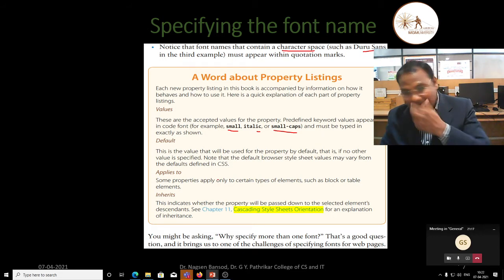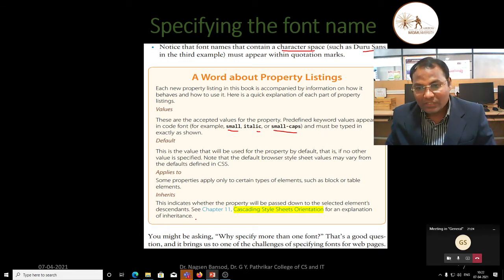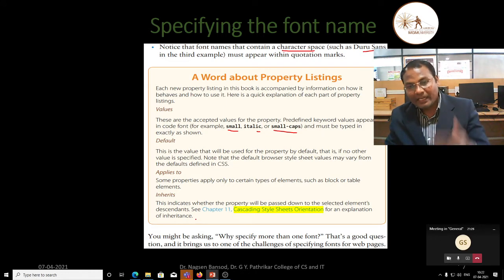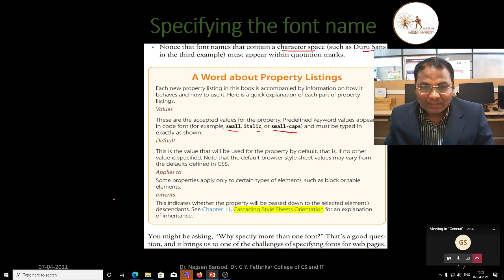In such a case, if we use inherit, previous properties will be passed down to the selected element. We have already seen that inheritance. Applied to: some properties apply only to certain types of elements such as block or table elements.